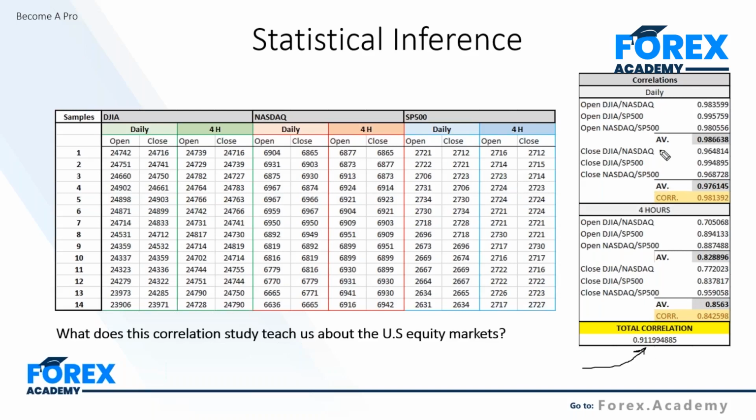So they're very, very strongly correlated, these US equity markets. We can see that with our correlation study there. Okay, now what does that tell us about trading these markets? Well, let's say tomorrow the market's open, which can happen at times, of course, we've looked at the short-term volatility in markets. The Nasdaq trades down 40 ticks or 40 pips, and the Dow Jones trades up 12 pips. There is a trade for you there, of course. Let's see if you can think of that trade opportunity, because we'll discuss it as we go through these slides.